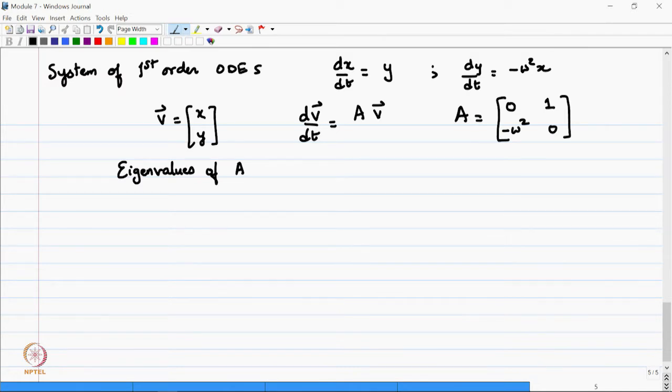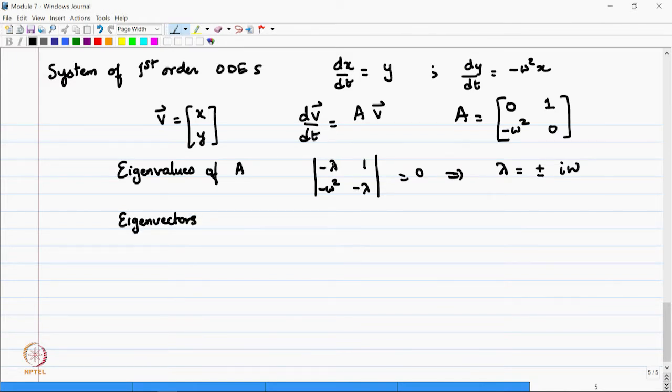Okay. What are the eigenvalues of A? If you want to calculate the eigenvalues of A, you will write determinant of A minus lambda I equal to 0, which gives lambda squared equals minus omega squared. So lambda equal to plus or minus i omega, and the corresponding eigenvectors,